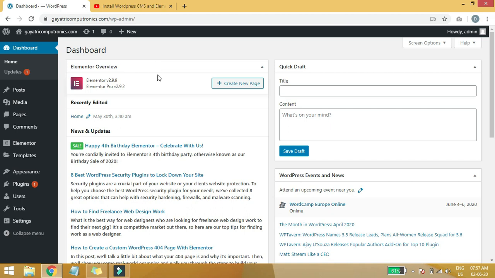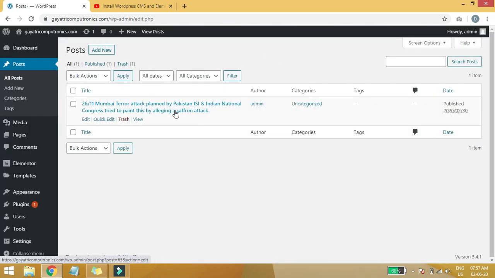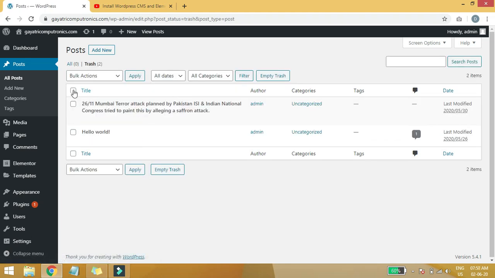Let's proceed with this. We can see here all posts, a submenu, and this is a menu. First of all, we need to just click on this. Once this page loads, I can see that one post is visible. I will just delete this post for now, and we'll look from scratch at how we can add posts. I will select all and click on delete permanently, apply.